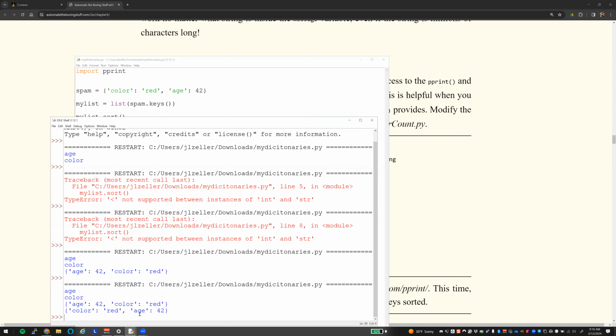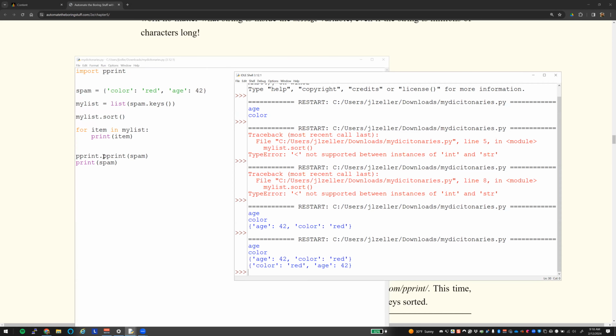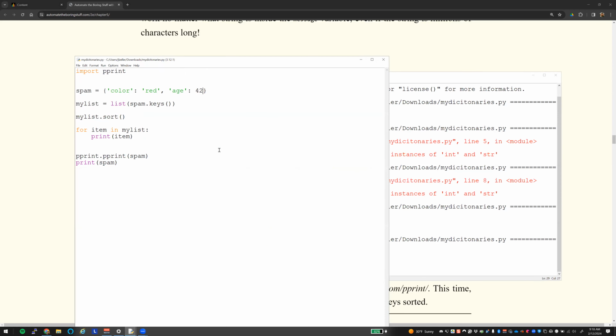You'll notice it's the exact same. Other than we flip-flopped these two around. Notice how one I printed out with pretty print, the other one I printed below it. Notice when you print it, it does not have an order, right? Remember, this is unordered. So one time it'll print it this way, the next time it'll print it this way. Just know that there's no order. However you call it, it may print it one way, it may print it the other. The benefit of using pretty print in this case is if you have a really long dictionary with a bunch of stuff in it. So let's say something like